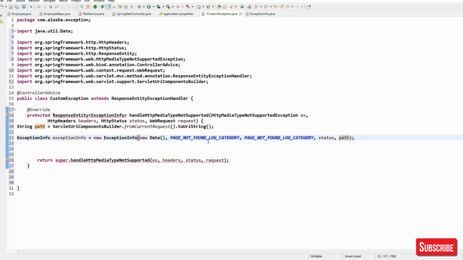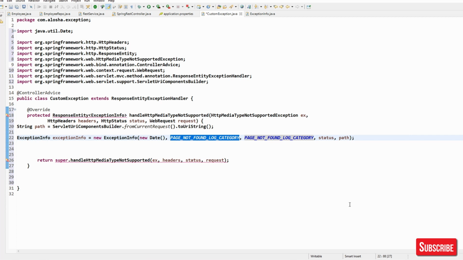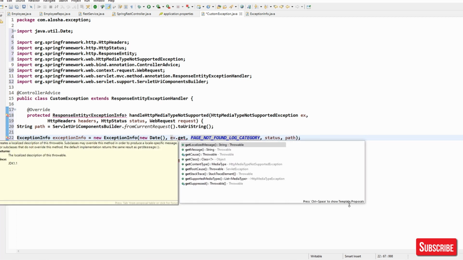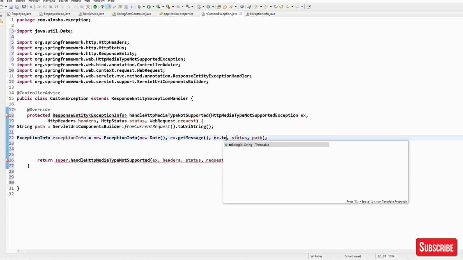Done. Here, the first one is error, so I'll go with exception.getMessage(), and here we'll go with exception.toString().